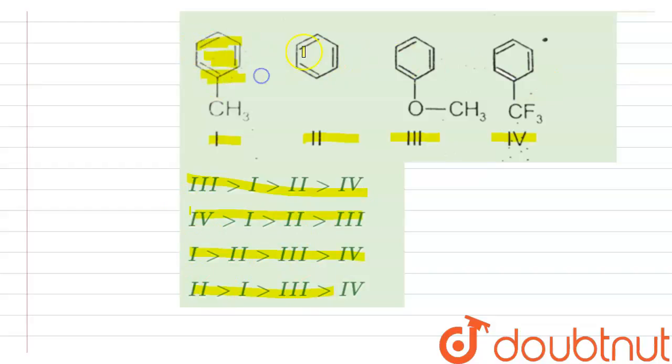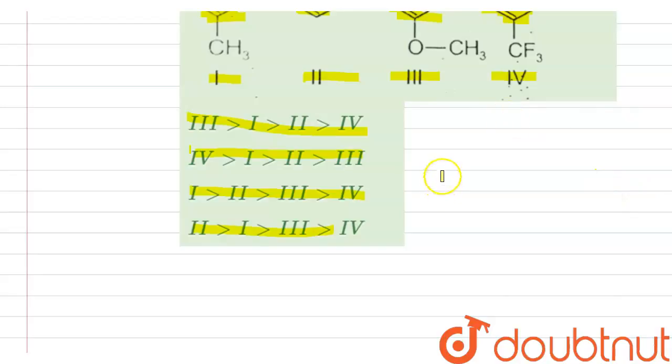Each figure contains a benzene ring, right? If we talk about benzene, or the aromatic compounds, all the compounds contain benzene and are aromatic, and they will undergo electrophilic substitution reaction, right? So basically an electrophile is substituted. As we know, benzene has high electron density due to delocalization of pi electrons, and therefore it shows electrophilic substitution reactions, and we have to tell the decreasing order of the reactivity.